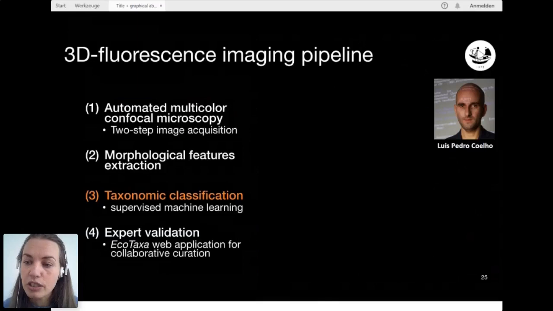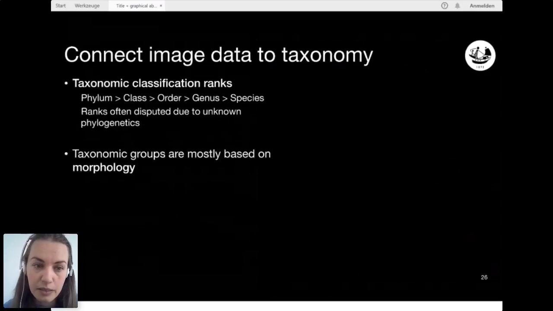Now, a crucial step for connecting the generated image data to its biological context is the taxonomic annotation. Only when the images are annotated can we connect them back to the information that people gained with other methods and in other disciplines. Specifically,